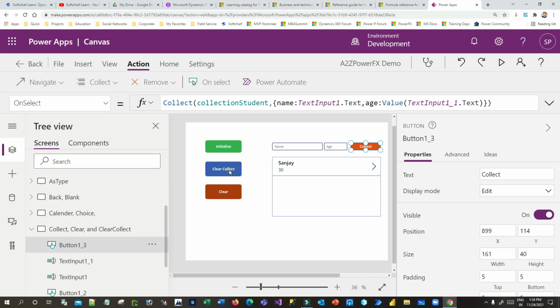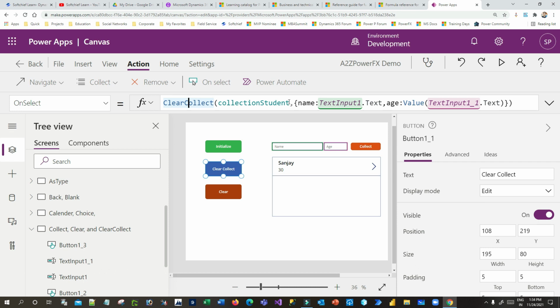Now what is ClearCollect? If you see in this button, this is the ClearCollect function. It is used to clear the existing items from a collection and then add new items.